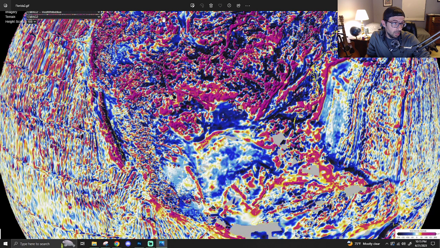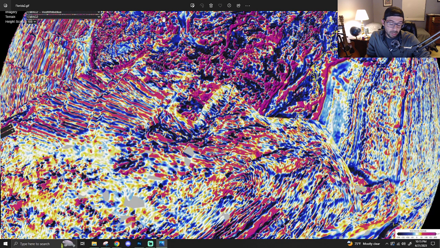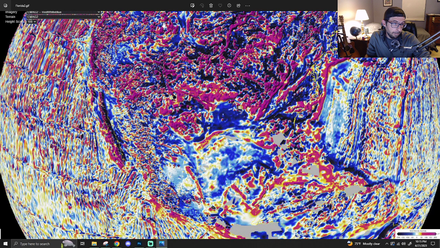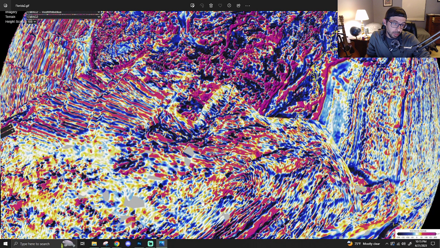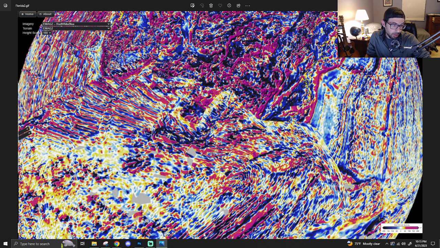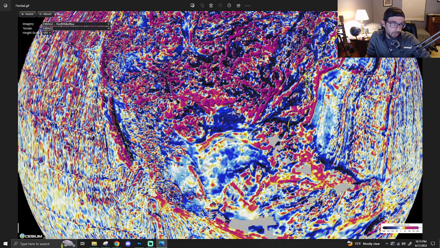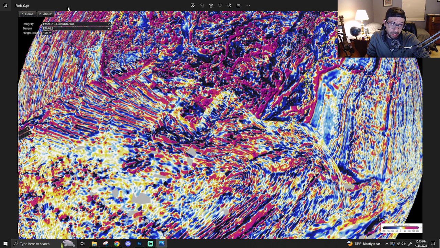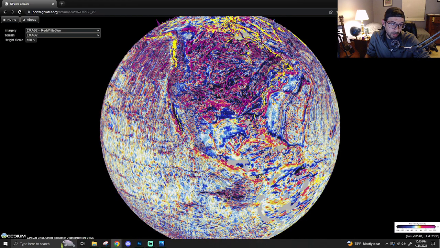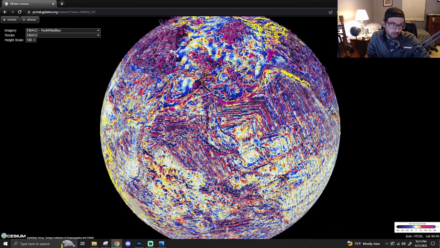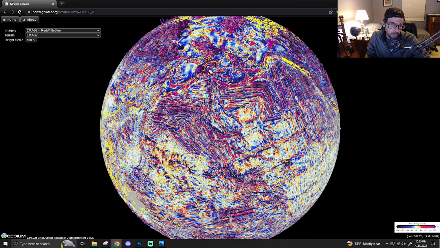Just 70 or 65 million, 66 million. It pretty much formed at the KT boundary. So it seems that Hawaii was shoved physically up this way, up through here, where it then went up as far as it could go, and then it began to come back the other way. But I think it went up like this way through here, and then it ended up over here. And when it was over here,